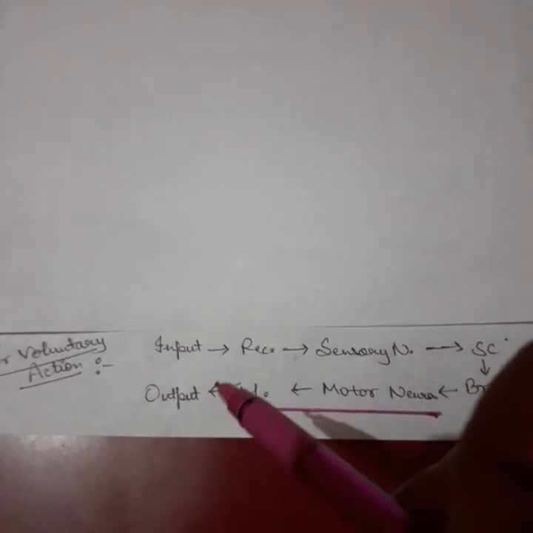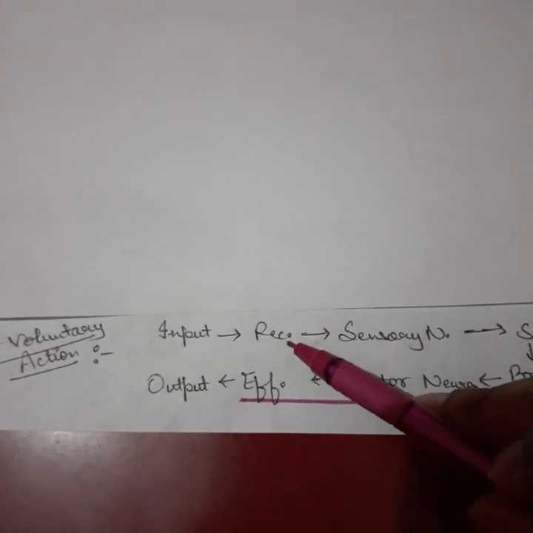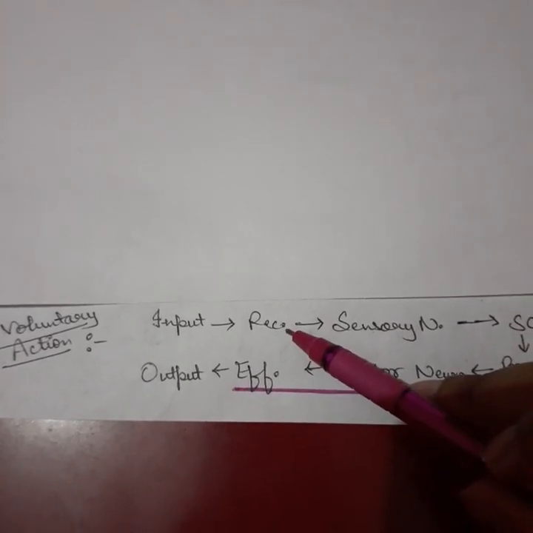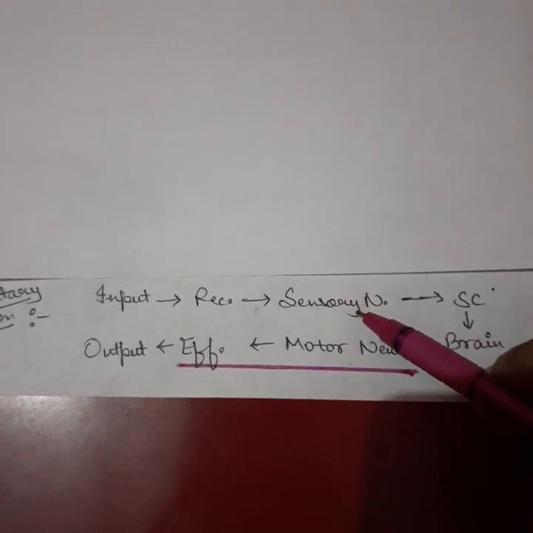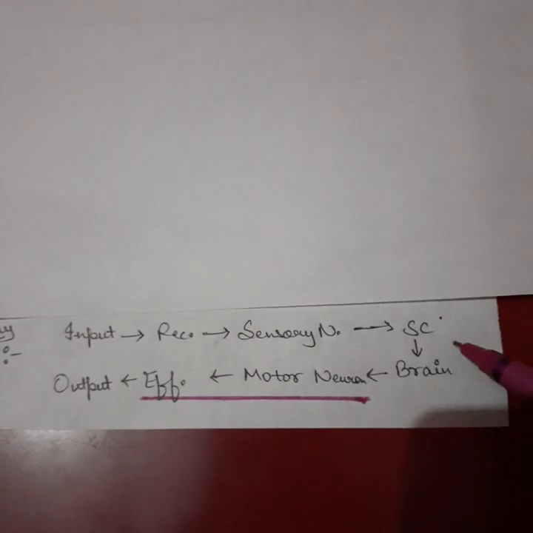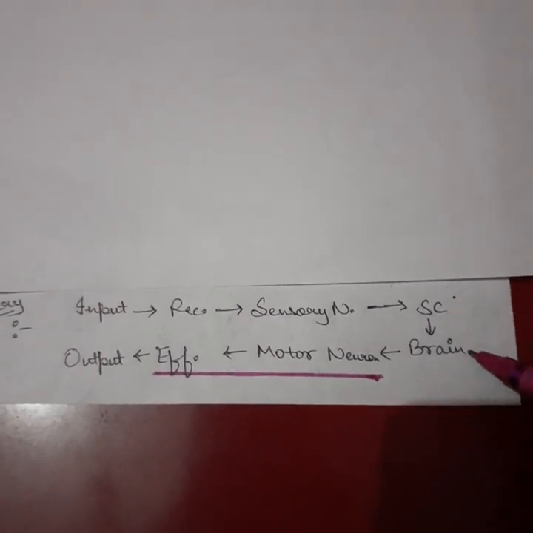First of all, there is a kind of input. Then input moves to the receptor. Receptor is the organ which takes in input from the outer surrounding. Then it moves to the sensory neuron, the one which transfers the input to the brain via the spinal cord. See, first of all it will move to the spinal cord, a bundle of nerves, then to the brain.